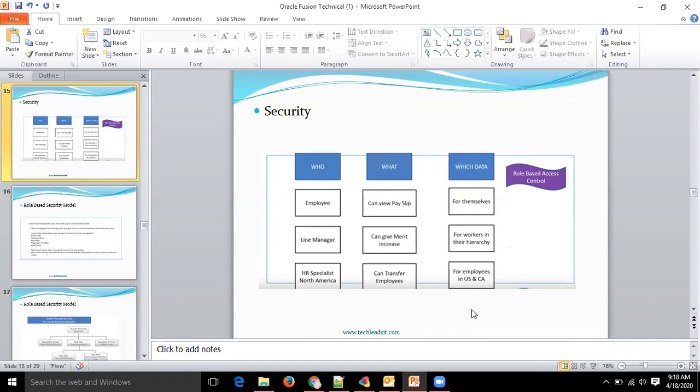If you could show us a small ADF kind of document, that should be fine, I guess. We don't need to go deeper. Yeah, I will show the small customizations. I will develop one small ADF page and try to deploy it to the WebLogic server. It is a small example, but it can illustrate how you develop an ADF page and how we can play with that in a SaaS application.